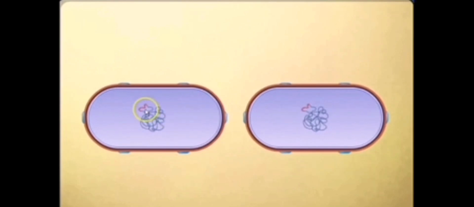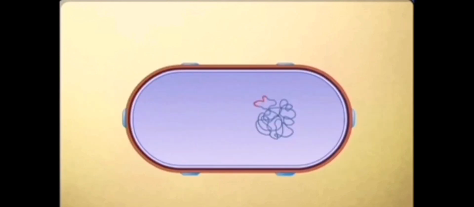And every time it divides, that little teeny piece of DNA from the phage, which is referred to as prophage DNA, is going to be carried from generation to generation. So now you have potentially millions, if not hundreds of millions, of bacteria that all have this little piece of viral DNA. So at some point, when this host cell becomes either